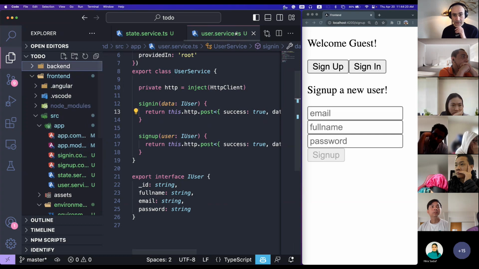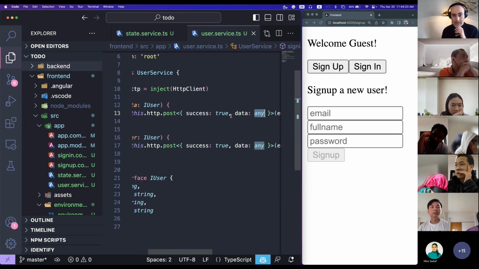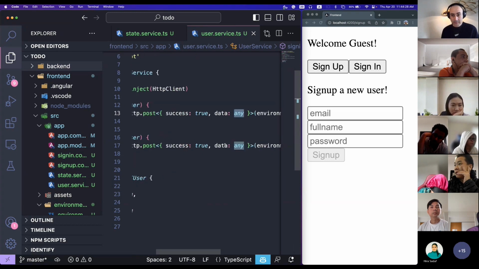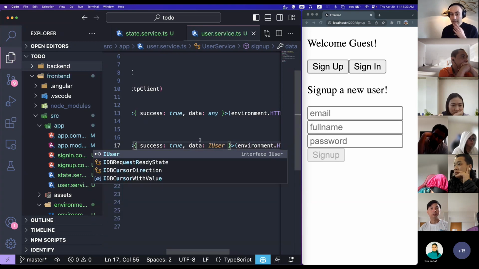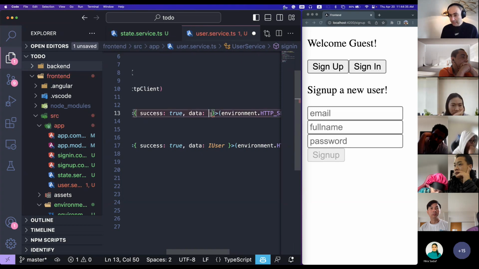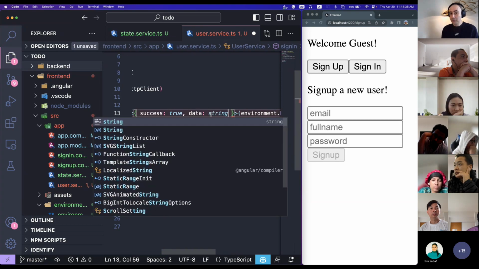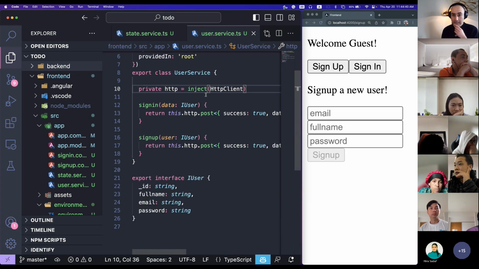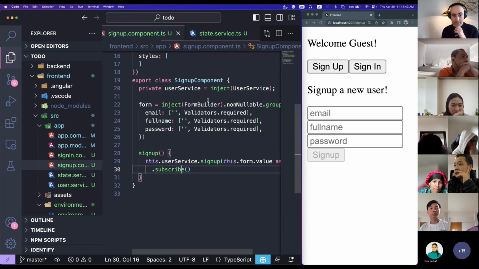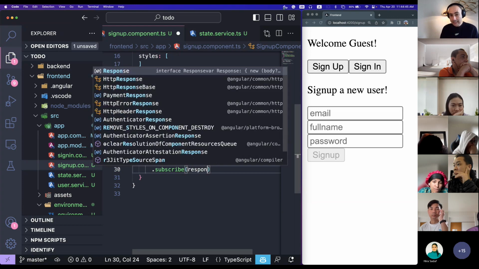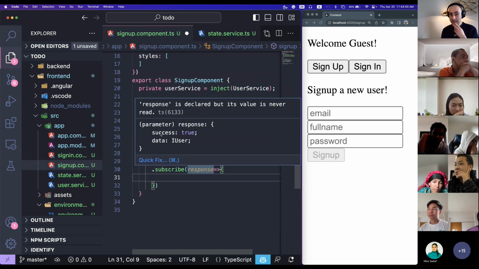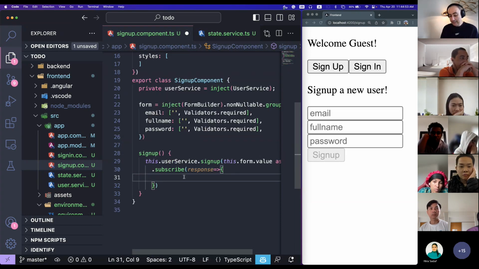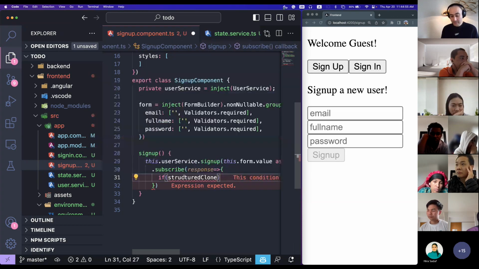Close the backend, go back to the front end. So here, when I sign up, I'm gonna get IUser back. And when I sign in, I'm gonna get a string, which represents the token. Now I type them correctly. I go back to my component. And when I accept the response, I know exactly the type of the response coming as success true data IUser. So I can say if success